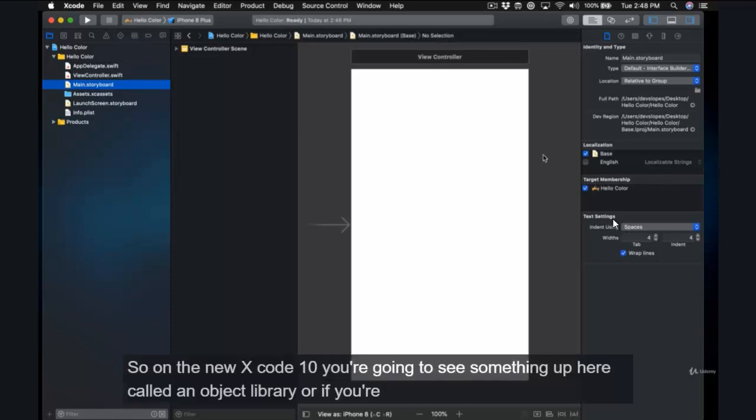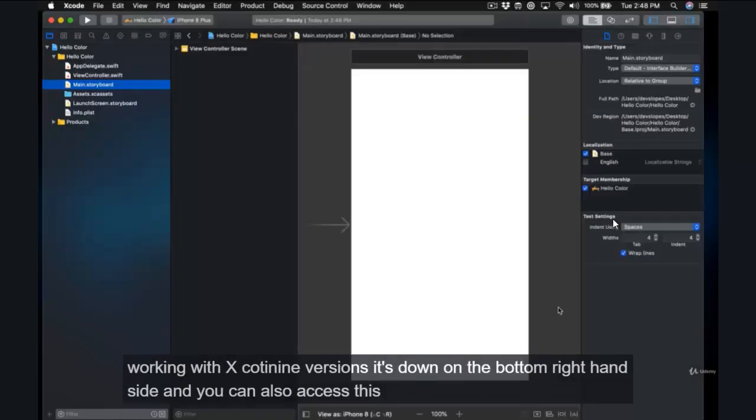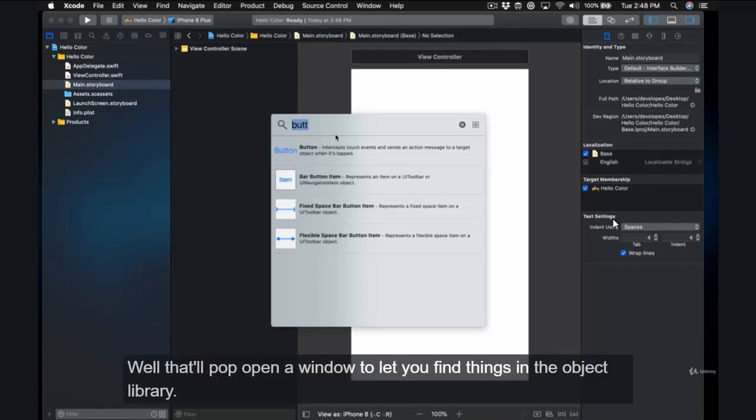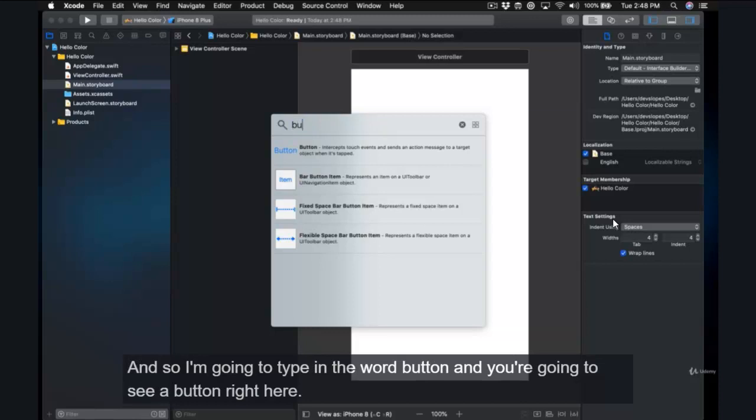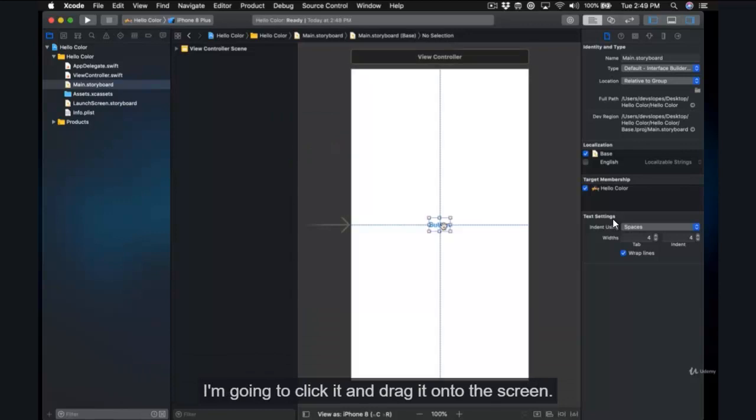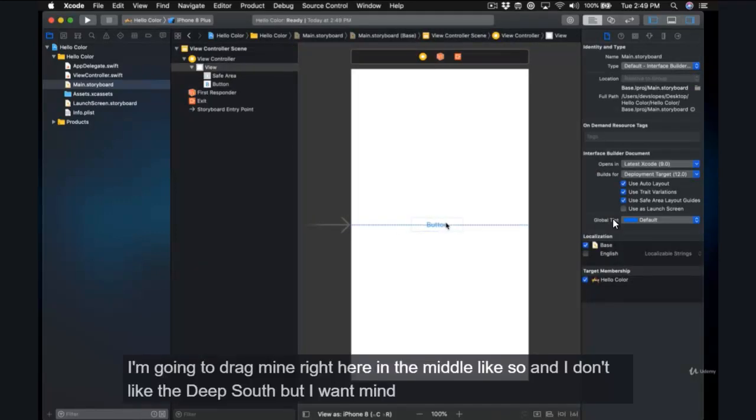So on the new Xcode 10, you're going to see something up here called an object library, or if you're working with Xcode 9 versions, it's down on the bottom right hand side. And you can also access this library by pressing Command-Shift-L, and that'll pop open a window that lets you find things in the object library. And so I'm going to type in the word button, and you're going to see a button right here. I'm going to click it and drag it onto the screen. You can put yours wherever you want. I'm going to drag mine right here in the middle,